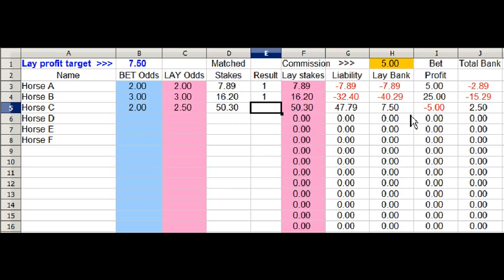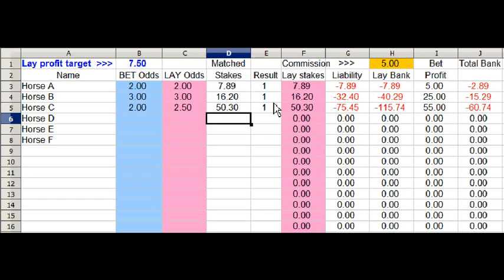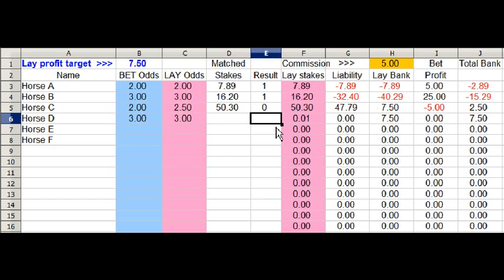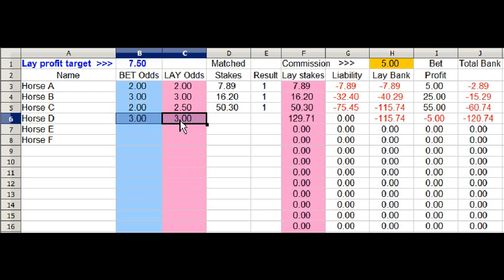If it loses, again we make our £7.50, lose our accumulator as a loser with the bookie, so our profit is £2.50. And if it wins, we would carry on and put some more odds in and place the next lay, and so on. So you can see, as soon as we hit a loser, we achieve our profit target with our lays, and our bookie bet is just insurance in case we happen to hit all winners. So I've just put a 1 in there. Now if we had hit all winners to that point,